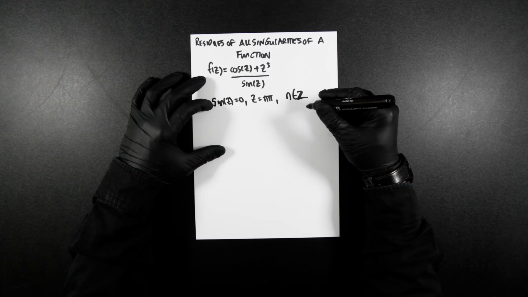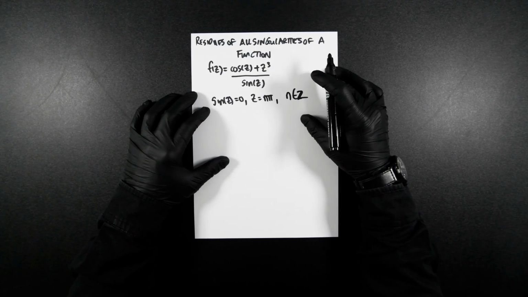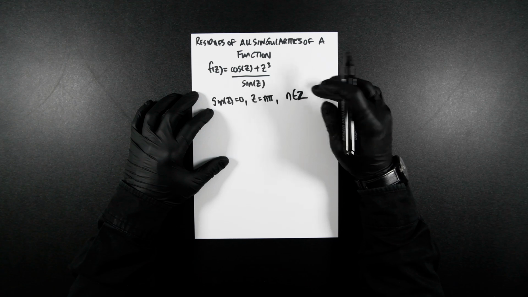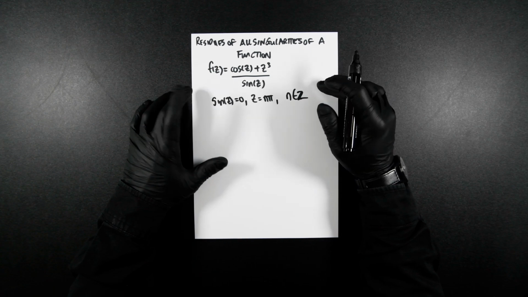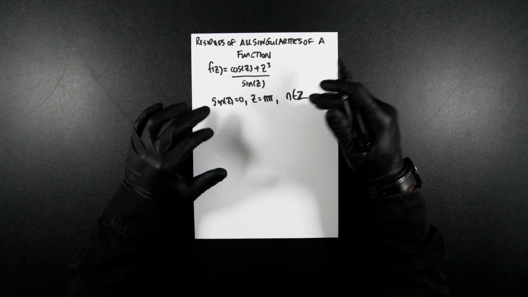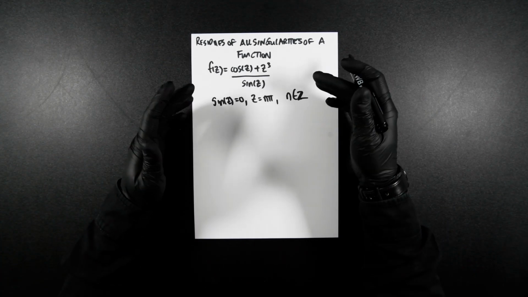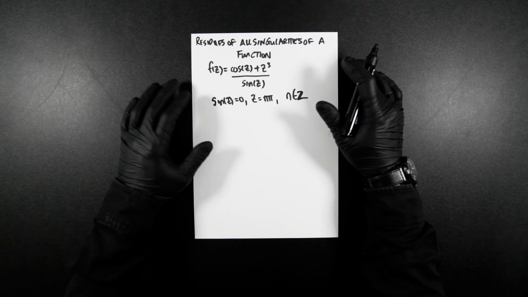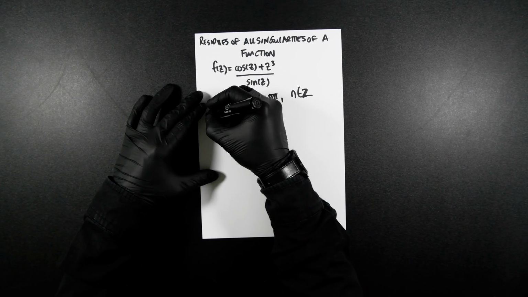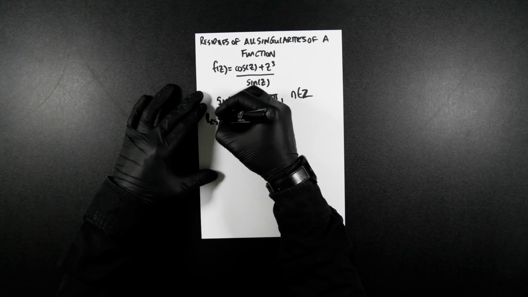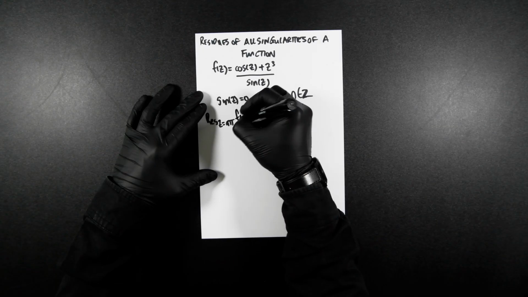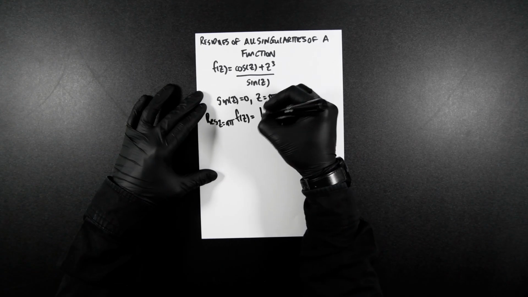Since sin z has simple poles at z equals nπ, and the numerator is analytic everywhere, the function f(z) has simple poles at each z equals nπ. Therefore, all singularities are simple poles. So let's compute. We've got the residue at z equals nπ of the function f(z), where the limit